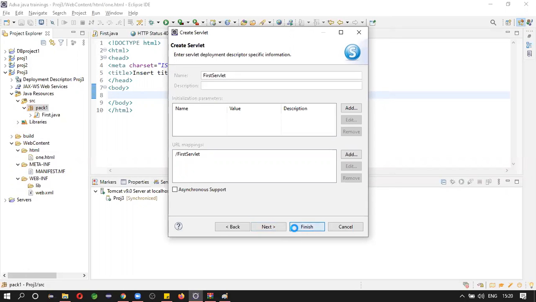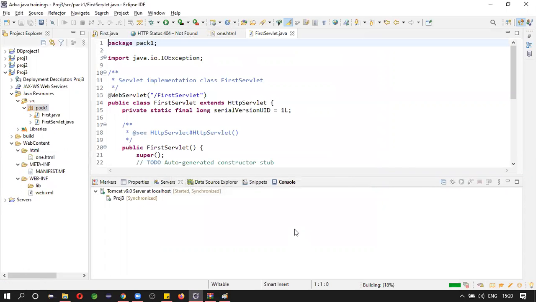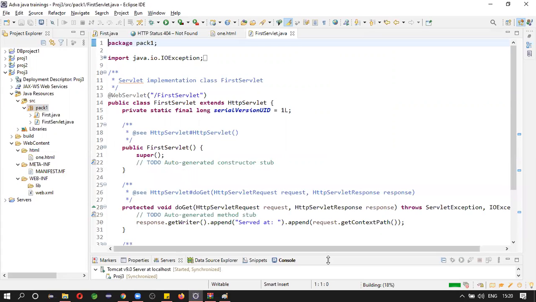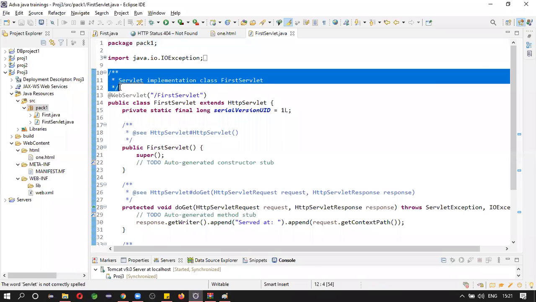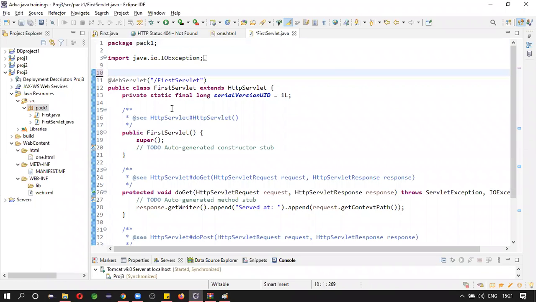Click on finish. Now observe this. Servlet implementation class FirstServlet. This is nothing but code. FirstServlet extending HttpServlet.